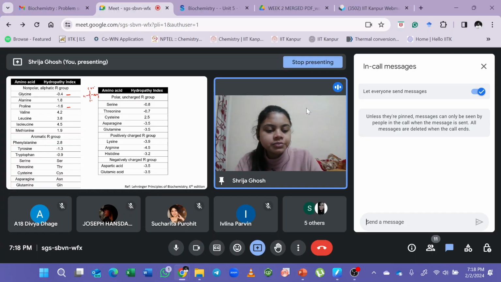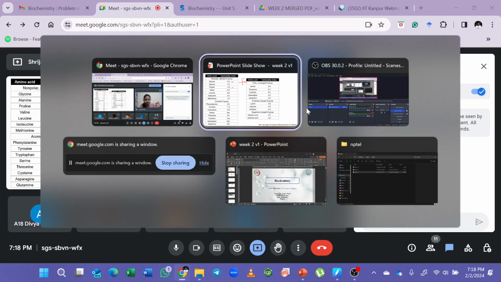Okay, so the hydrophobicity scale is clear, I hope. So basically any molecule, if it is hydrophobic, will have a positive value on the hydrophobicity scale or the Kyte-Doolittle scale, and if it is hydrophilic, it will have a negative value. Okay,